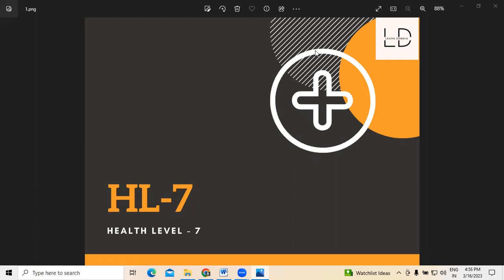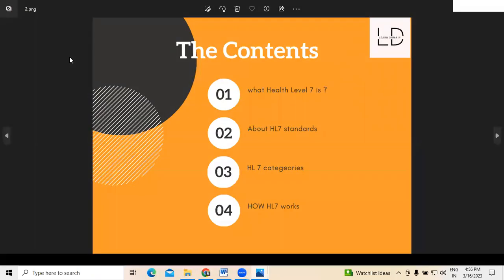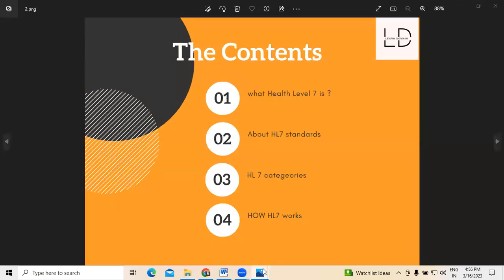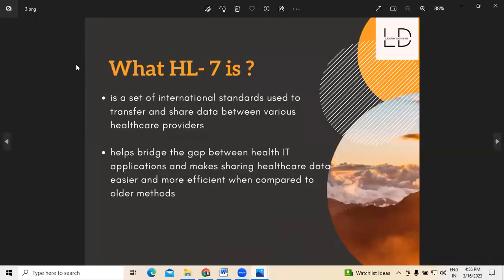Today we are going to discuss what exactly HL-7 is all about. HL-7, Health Level 7, is a set of international standards used to transfer and share data between various healthcare providers. It is majorly used specifically for